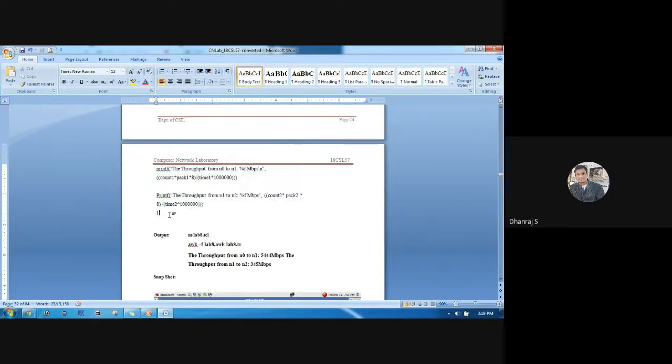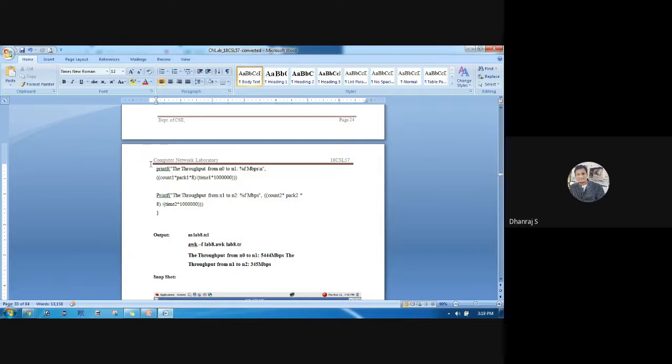or we need to calculate the throughput. Okay, so what is the throughput? So how fast you can send the packet. Throughput is one of the performance metrics, or I can say it is one of the performance measures which is used to measure the performance of any network. So how can we calculate the throughput of any network? Throughput can be calculated by a standard equation: throughput is equal to total number of packets sent divided by time. That is, how many packets you have sent in 1 second.